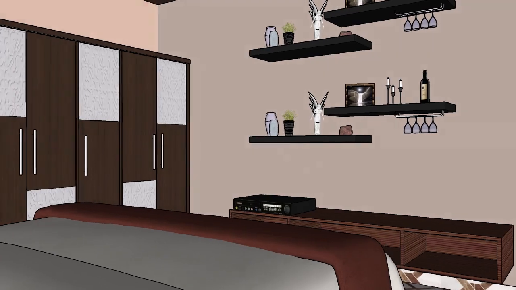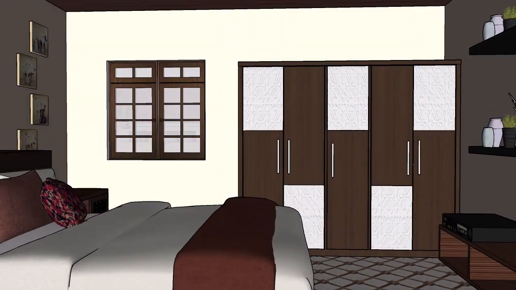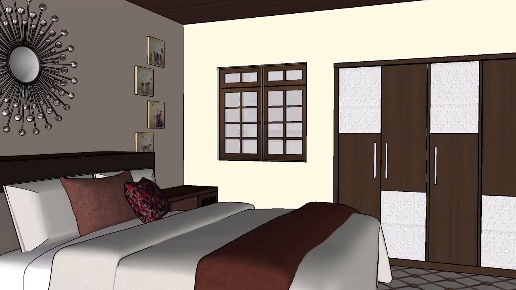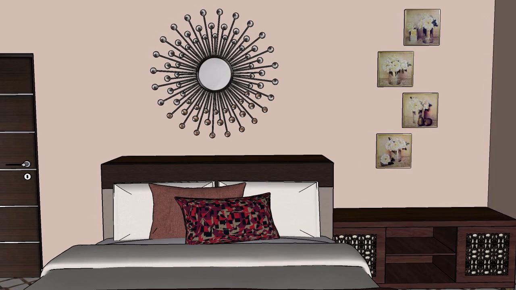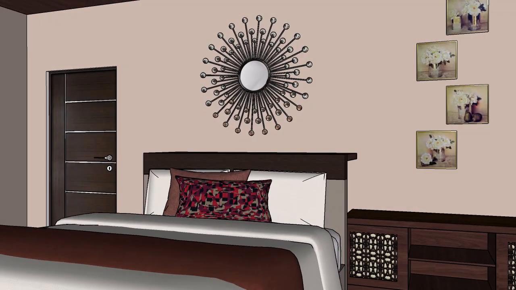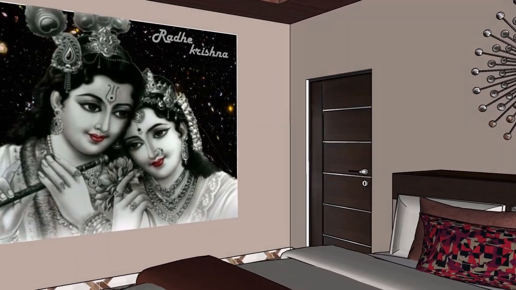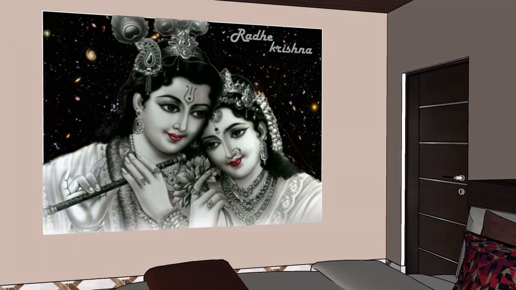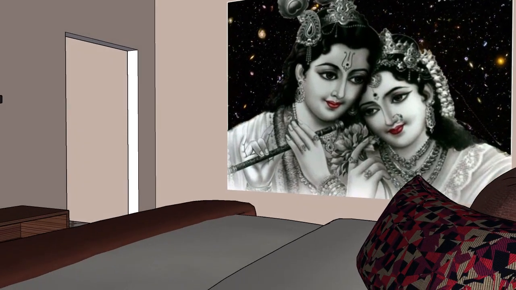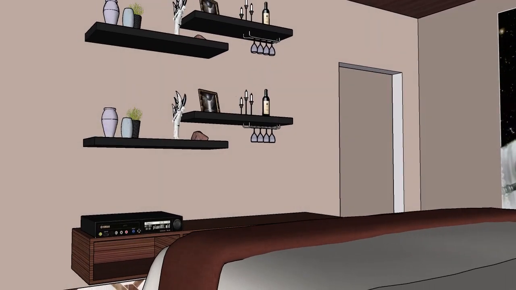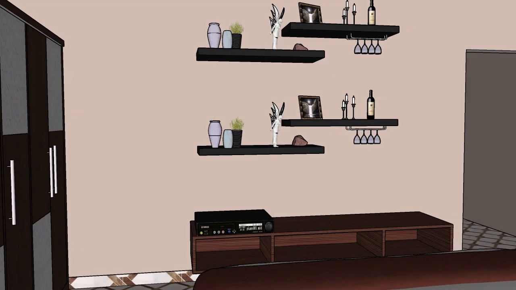This is a master bedroom which is very simple. We have a beautiful bed over here and wall art and wall frames. We have one Radha Krishna frame here. We have one wardrobe and wall shelf.